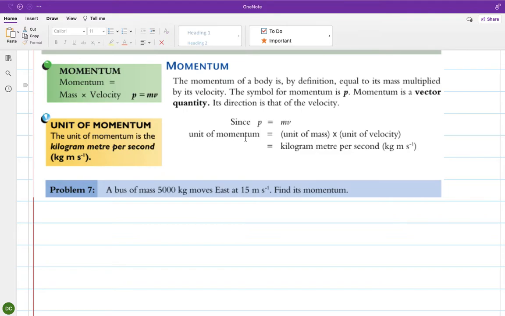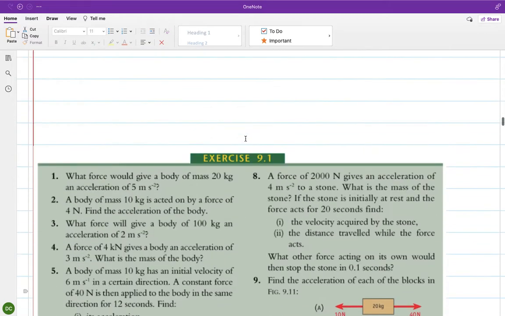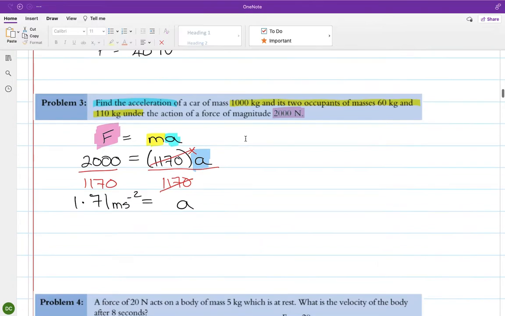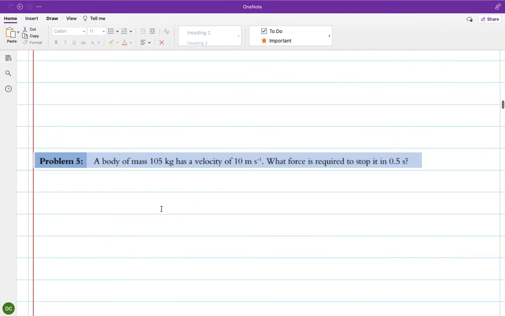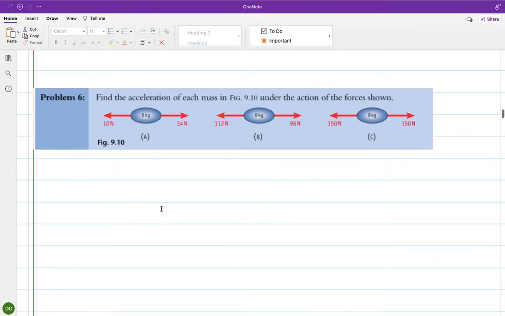Mr. O'Rourke told me that you did the problems yesterday, these ones here. So we had done a couple of F equals ma problems, and I suppose the main one was this one here. I wanted you to understand the idea that if there is a resultant force, so a combined force, an overall force acting on a mass, that it will accelerate. Okay, so in this one here, in A,